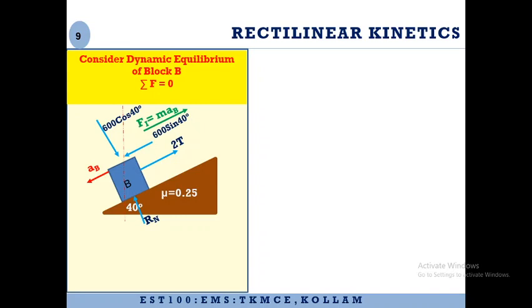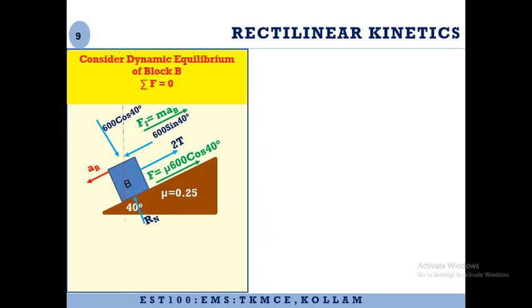Now, in addition to all these forces, there will also be frictional force. And what will be the direction of frictional force? The direction of frictional force will always be opposite to the assumed direction of movement. So there are two different forces here. The first force is the inertial force. The inertial force will be directed opposite to the direction of net acceleration. The second is the frictional force. Frictional force will act in a direction opposite to the assumed direction of movement. In this case, we are assuming the block to move in the downward direction. Therefore, frictional force will be in the upward direction. And it will be mu into Rn, where Rn is the normal reaction.